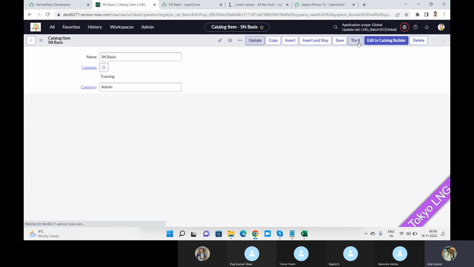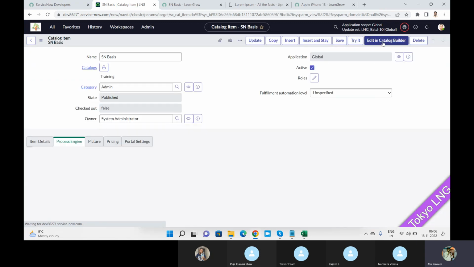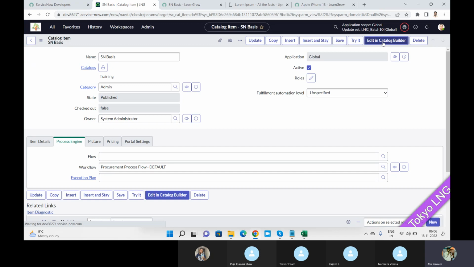Okay, add it in the catalog builder, because now I put the workflow. I removed the execution plan, I put the workflow, and now I want to make it change in the